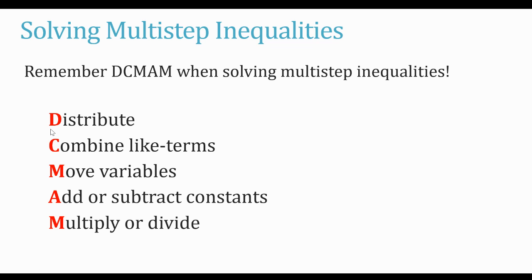So hopefully you remember that stands for distribute first. Then you're going to combine like terms. Remember, this only applies if the like terms are on the same side of the equal sign. Then you move the variables, preferably the ones with the smaller coefficients in front. Then you're going to add or subtract the constants, and you're going to multiply or divide to get that variable